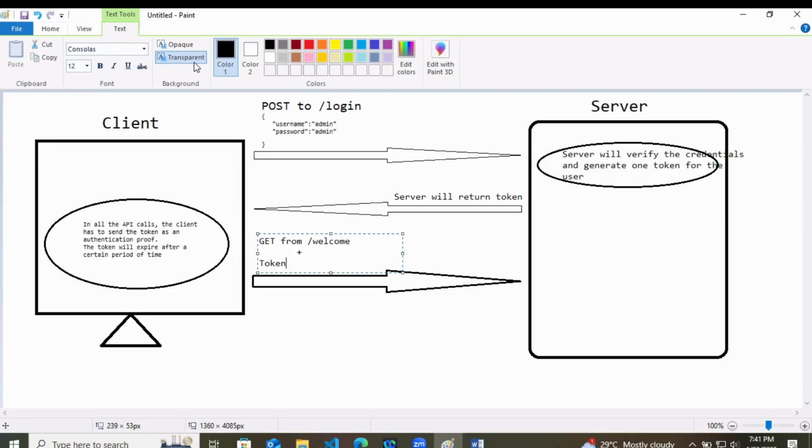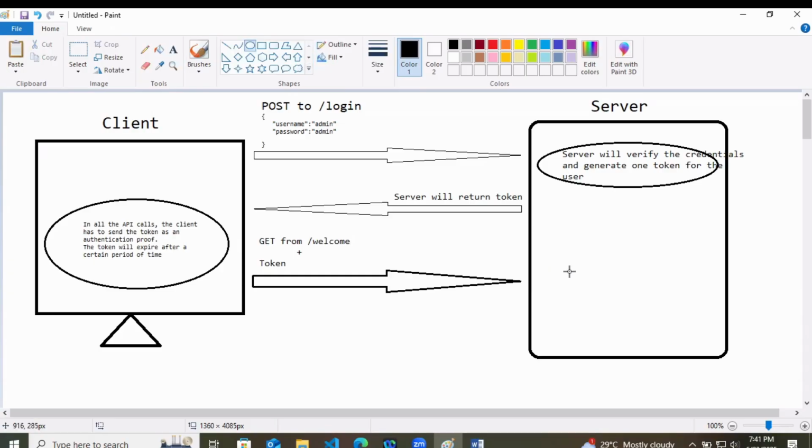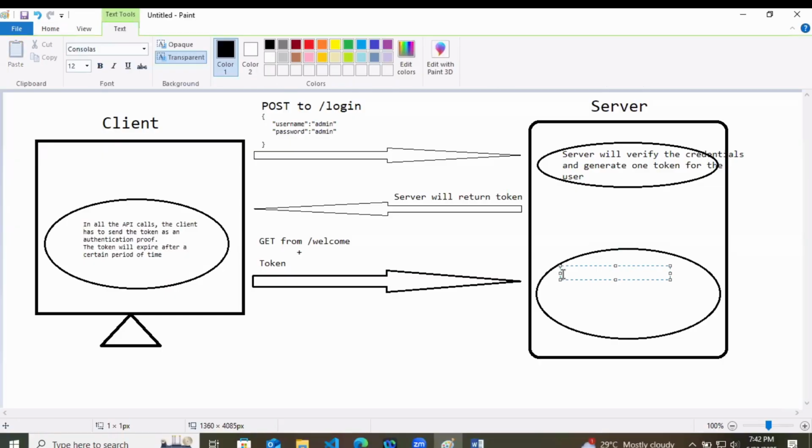Now, when this request is going to Spring, Spring meaning the server here, the server will check the validity of the token. If it is valid, then the server will give the resource.